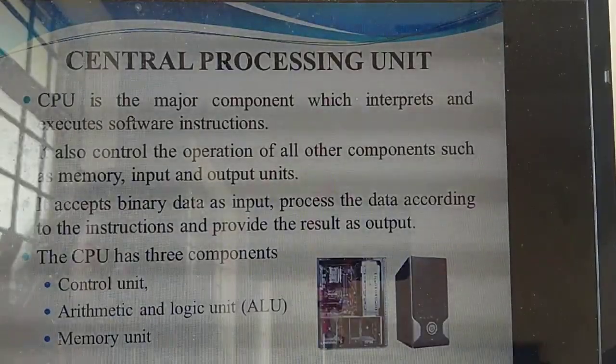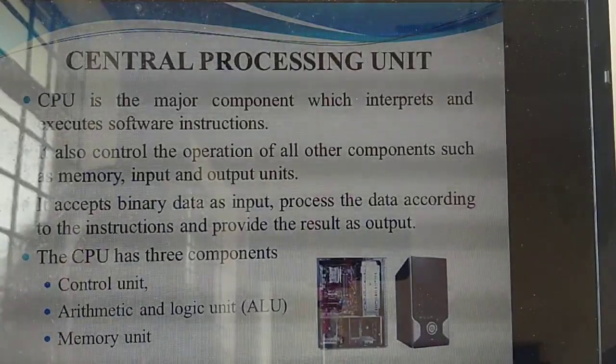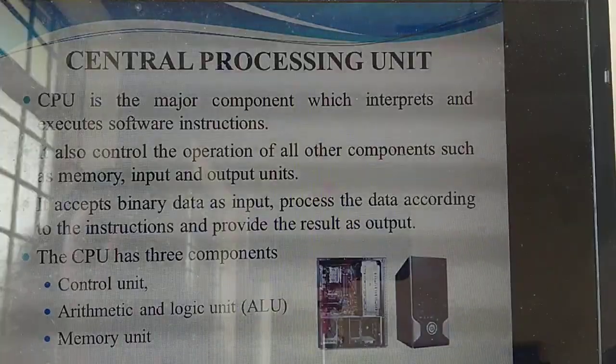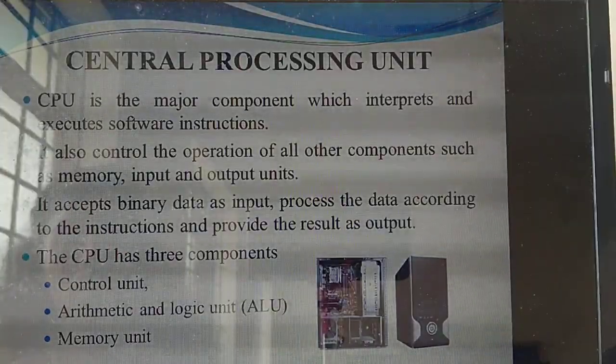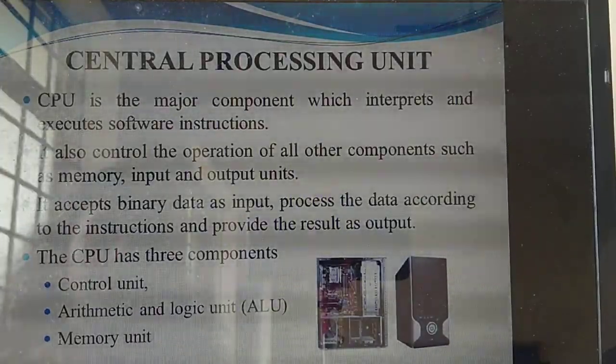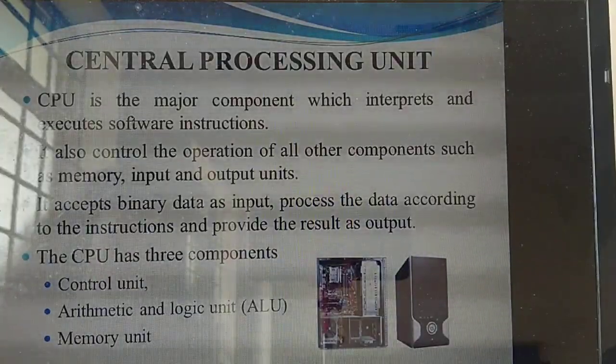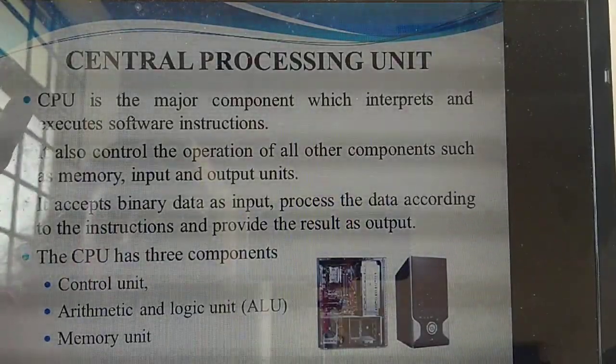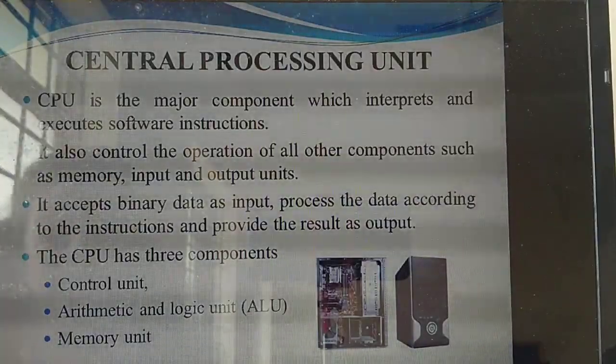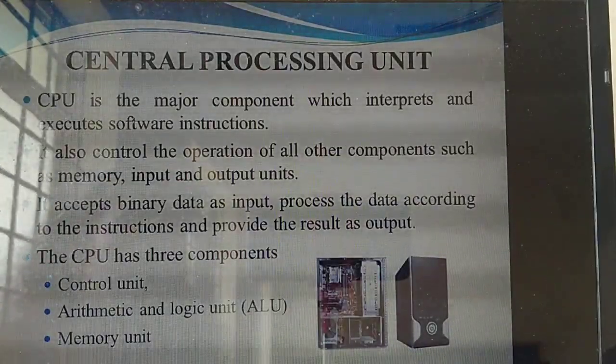So the next thing is the central processing unit. Memorize the diagram. First thing, the input unit, is over. Next is the CPU. Inside the CPU, what are the components you have studied? Control unit, arithmetic unit and memory unit. We will study each in detail. First one is the CPU. Simply, you can say the CPU is the heart of the computer or the brain of the computer.